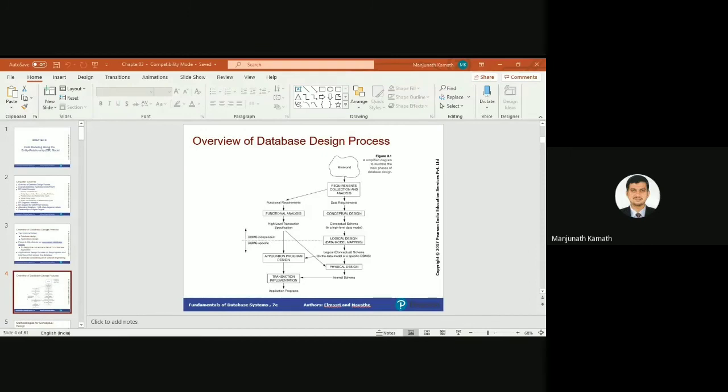Anybody? A set of operations. What are the different set of operations that you perform in the bank database? Anyone? Algorithm? No. Algorithm is used in the case of programming languages. Here we don't write algorithms, or even draw any flowcharts. Flowcharts here are replaced by ER diagrams. A set of operations are called what in the case of database management systems? You tell me, what are the different set of operations that you perform in the bank database?